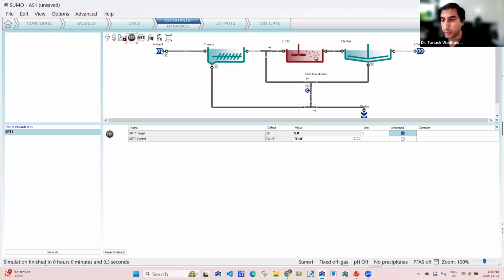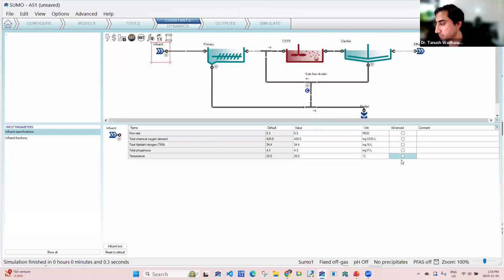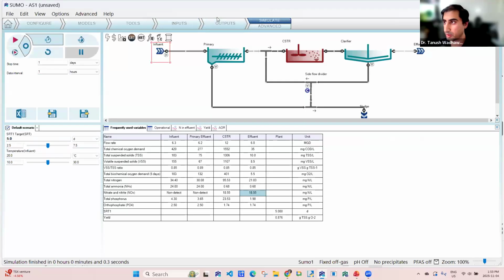I'm going to go to my influent and do the same thing for the temperature of the plant. So I'm going to select temperature in the raw influent in the advanced section, and then I'm going to simply go to simulate. All right. Now from here, you can see that I'm able to change the SRT and the temperature to evaluate its impact on the simulation. But what I'm going to do